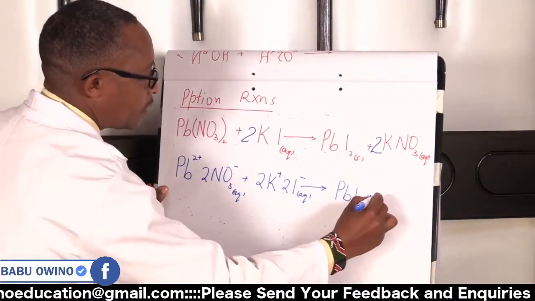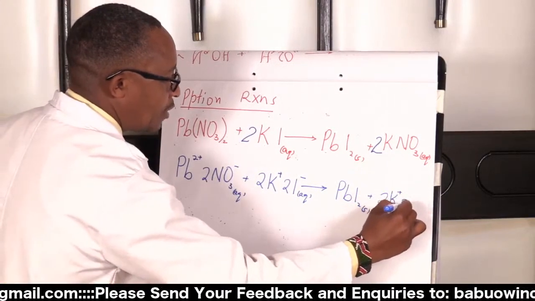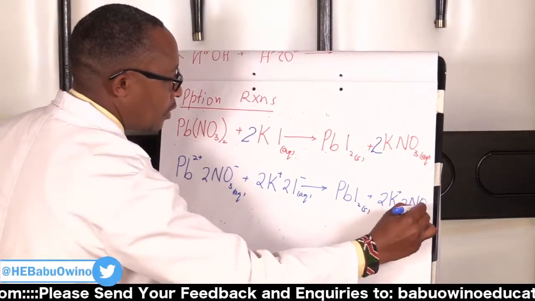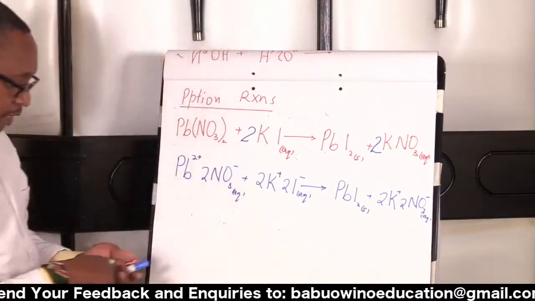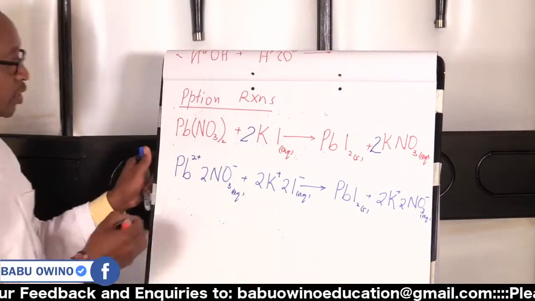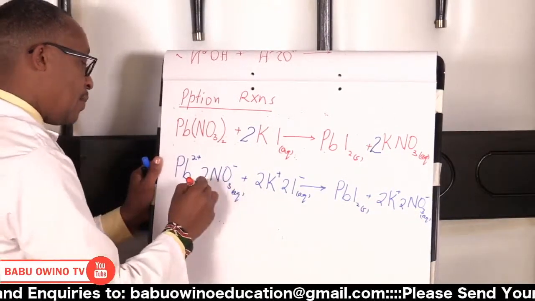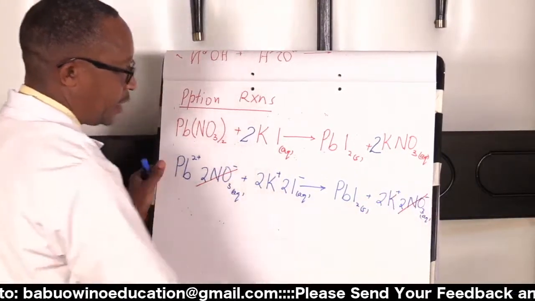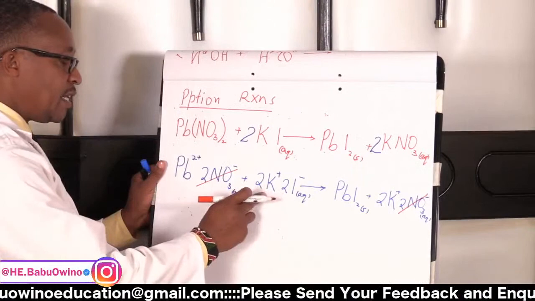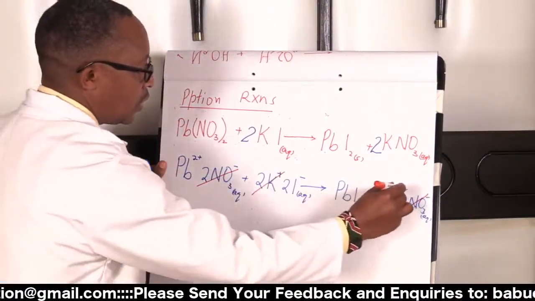Of course, plus 2 nitrate ions and 2 potassium ions. So the next move is to cancel out. The nitrate is here and the nitrate is up there. Spectating ions. Then potassium is here as ion. Potassium is here. So you cancel out the